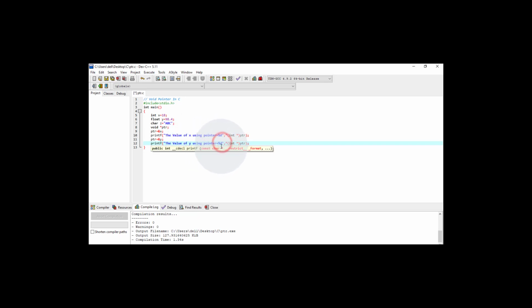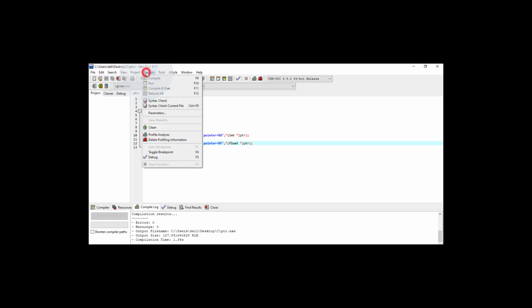This time the value is of float type, so we have to use %f, and here we have to dereference to the float, so we have to write float, then asterisk, then pointer.